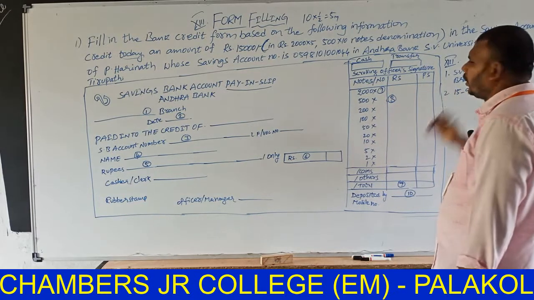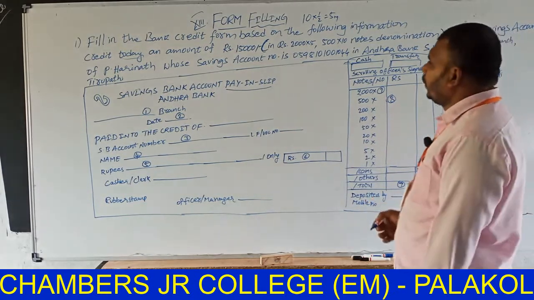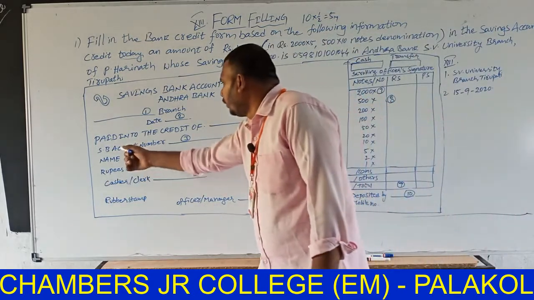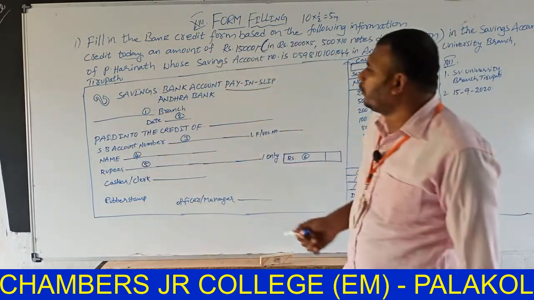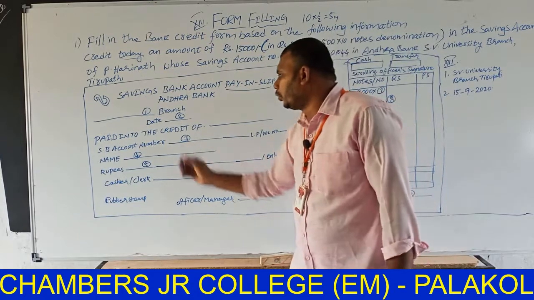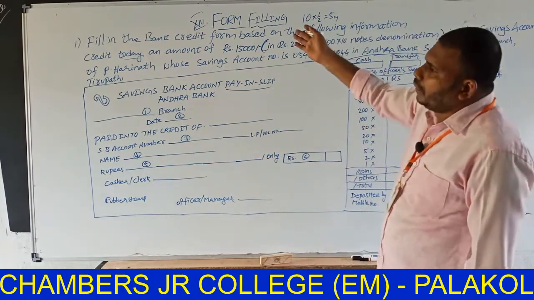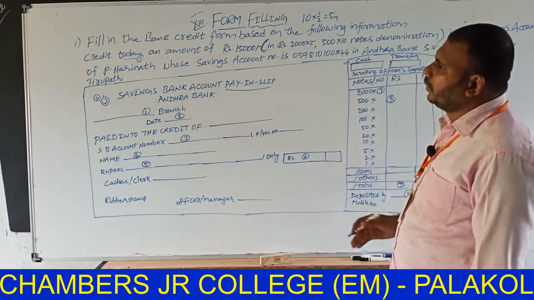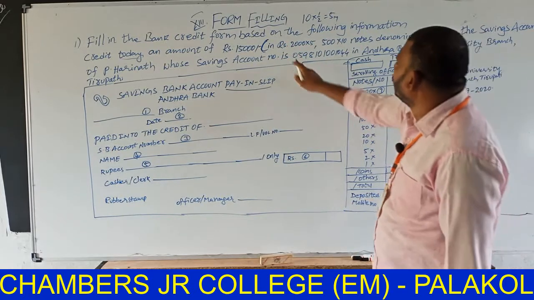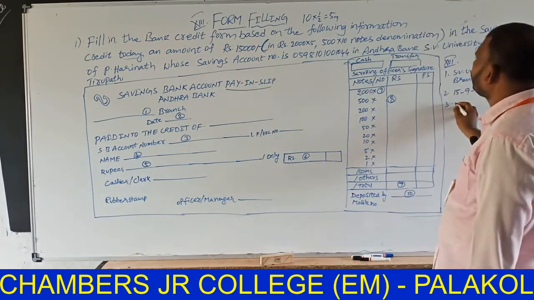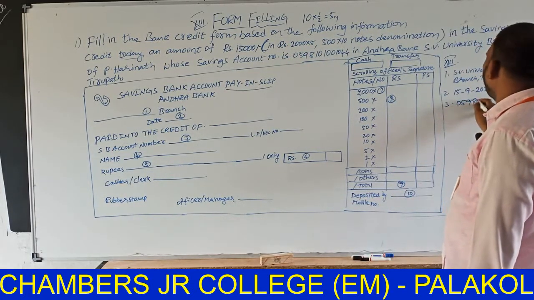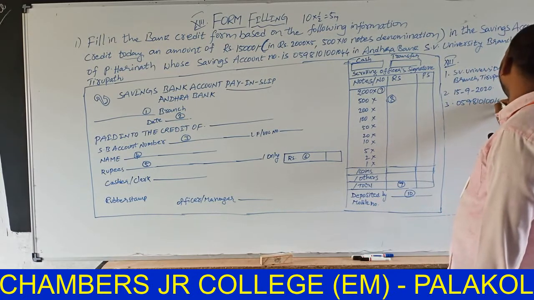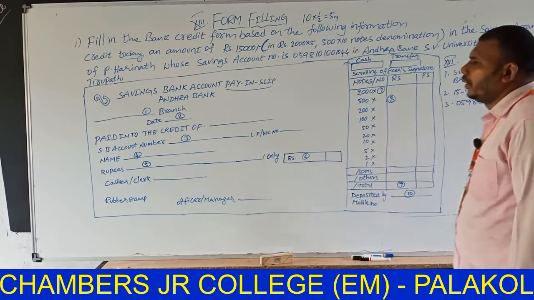15/9/2020. You can write like this. And take the third one. SB account number. The third number is given in the column SB account number. So the account number is given here. Here 059 8101001000. You can write directly